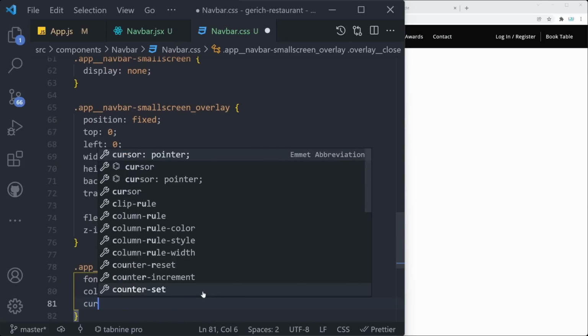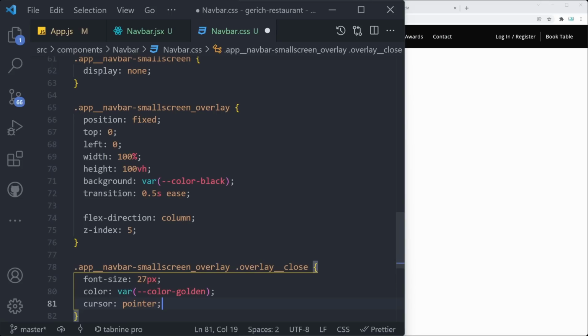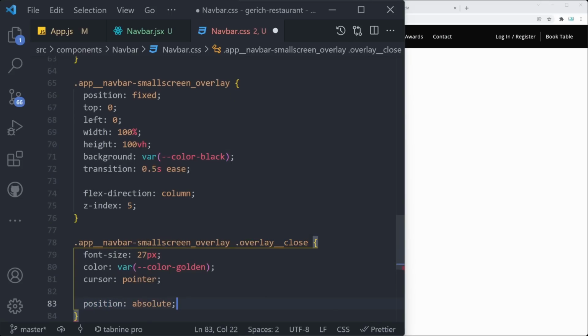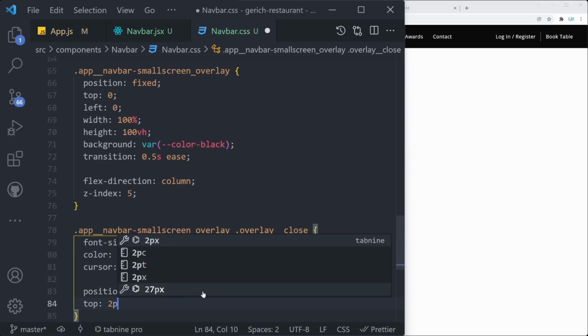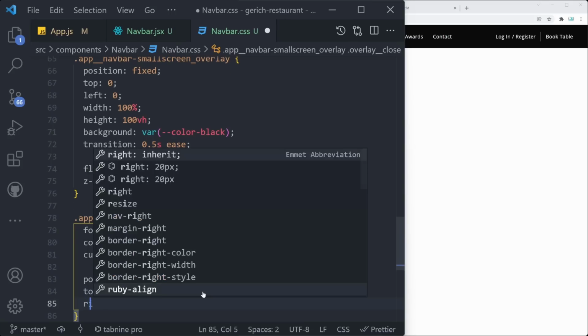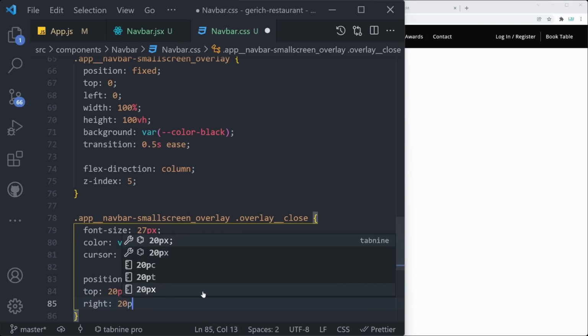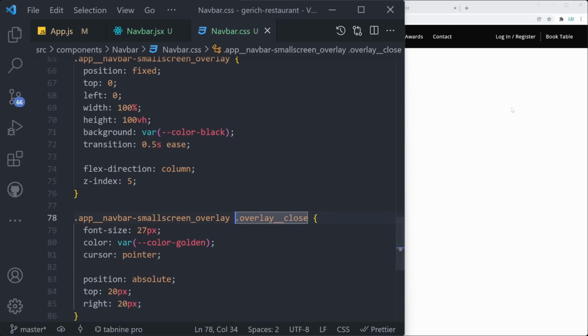We can also set the cursor to pointer. Position is going to be set to absolute, and it's going to be positioned on the top 20 pixels and also on the right side 20 pixels. There we go. Again, we cannot yet see anything because right now the overlay is hidden and also the mobile